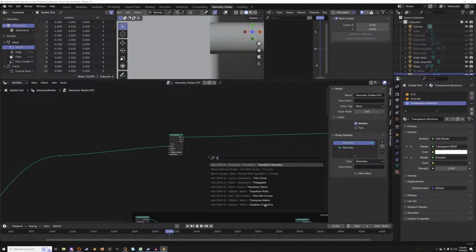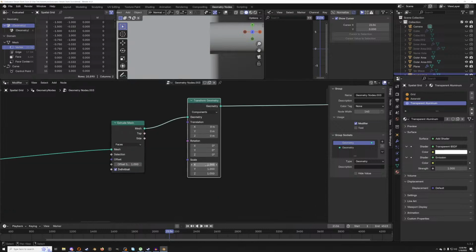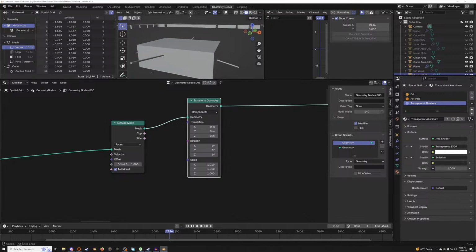What we're going to do is put in a transform geometry. We're just going to scale it up on the X and the Y a little bit, just so it visually is fine. Put in 1.0, oh, 100, 1 point, there we go. A little bit longer. Let's try putting a 5 at the end. Nope. Let's try turning it to a 9. Okay, let's try putting a 5 at the end of that. And that's almost it. Try putting a 6. 8. There we go. That's fine. All right. So,